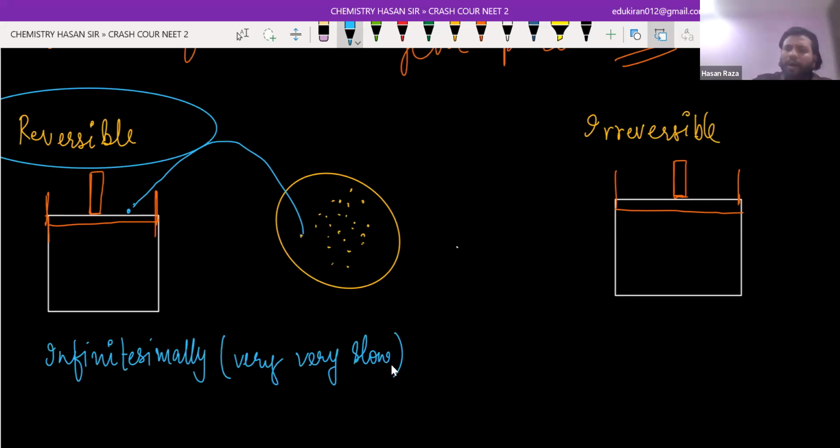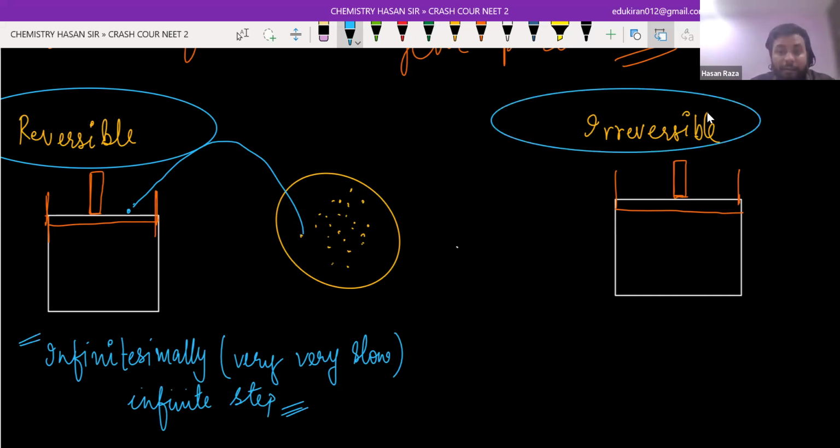If you are just going to pick one sand particle and put it for a long time, it carries in infinite steps. A reversible process takes infinite steps to complete, and you will not be able to see when it is going to change, because the process is very, very slow. Whereas in